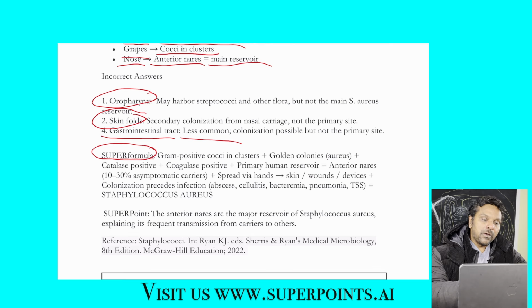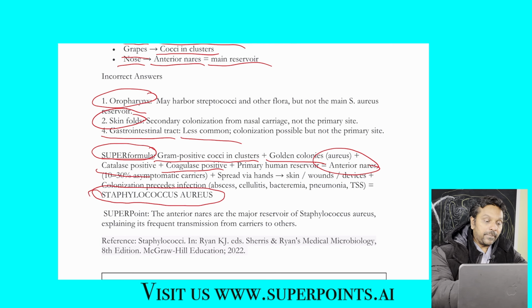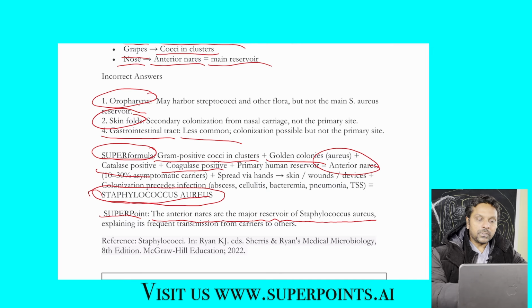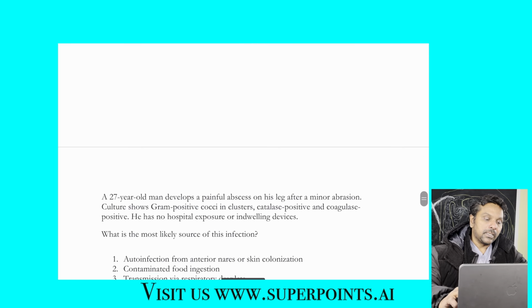Whenever you see gram-positive cocci in clusters, golden colonies, catalase positive, coagulase positive, and whenever they say anterior nares, then you have to pick this answer, Staph aureus. And super point from this is anterior nares are the major reservoir of Staphylococcus aureus, explaining its frequent transmission from carriers to others. All right, folks, that's very interesting